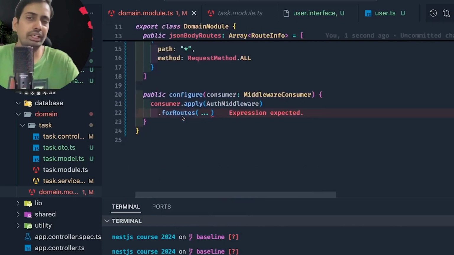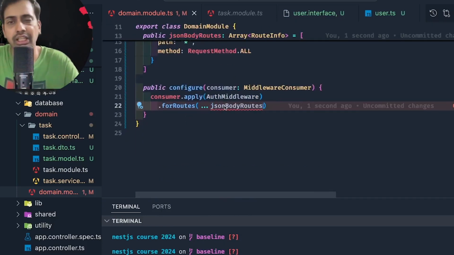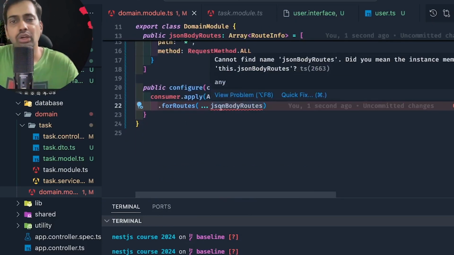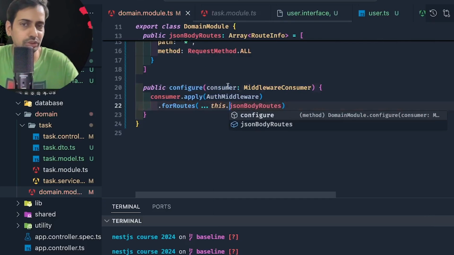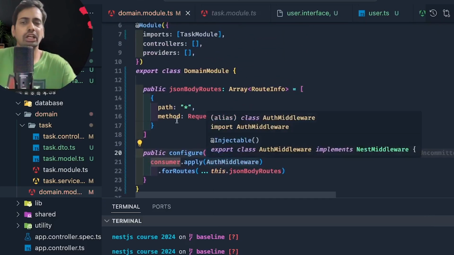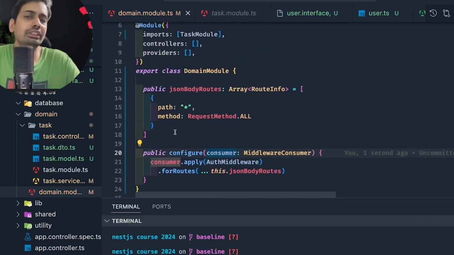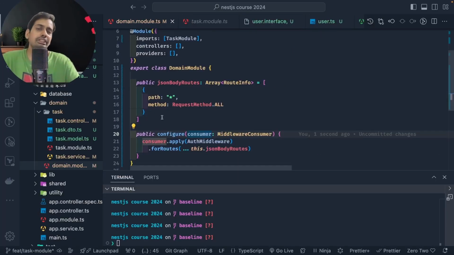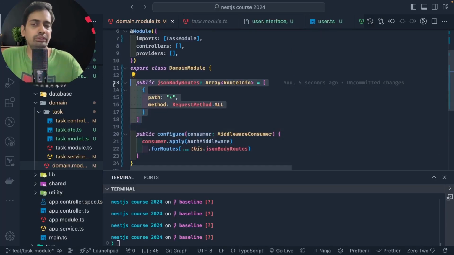जो header में postman से जो भी hit करेगा and whoever is sending authorization header should be able to access it. तो ये basic difference है. तो यहाँ पे हम क्या करेंगे, we can set these two different type of array, public routes or private route. So I'm saying consumer.apply auth middleware. Apply this auth middleware जो middleware का logic है for these particular routes. Currently I'm applying it for all the routes, but there is a condition. There is a method dot exclude route, so we can exclude a particular set of routes also.